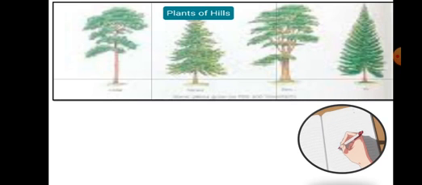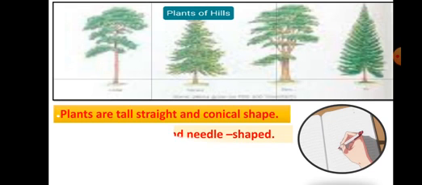Now we will revise one by one. See the picture given on your slide. These are the plants of hills, of course terrestrial plants, and number 1 habitat, hills. Now note down all points, means characteristic features of these hills. After seeing these pictures you quickly imagine examples of trees in front of you, and with the example you have to click it in your mind. Okay, so it's easy to learn, and you have to decide how to do it.